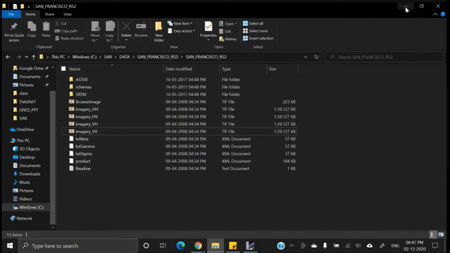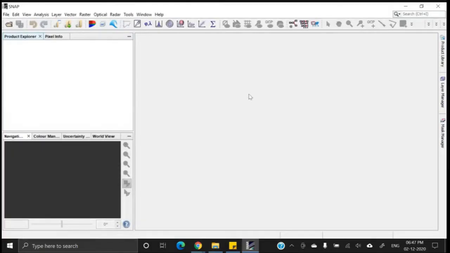Okay, so I think all of you are ready with the RadarSat-2 image. Now, not only the RadarSat-2 image, but any kind of SAR image cannot be directly opened in the Snap software. It is necessary to import it.